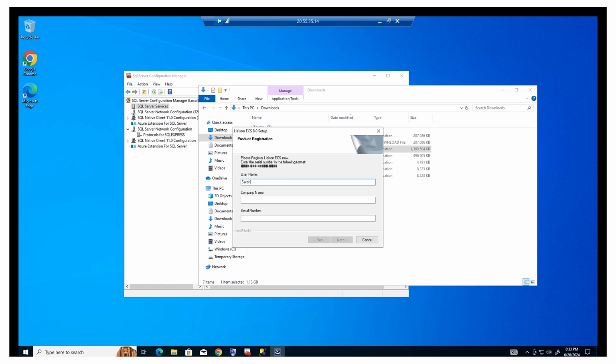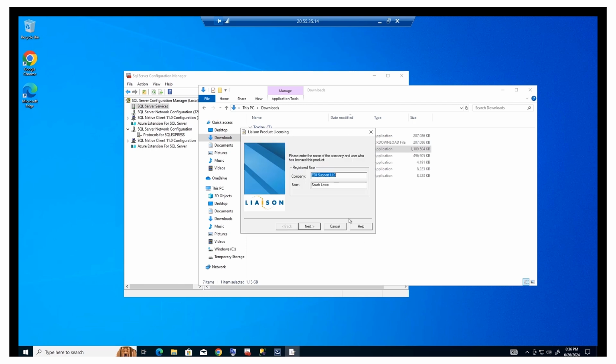So you put your name here, your company name here, and you're going to put your ECS serial number here. Make sure that you choose the proper serial number, because it says serial number in your documentation. You need to make sure it's formatted with hyphens. So this is the serial number that I'm pasting in from the email that we received from Liaison. I'm just going to hit the next option